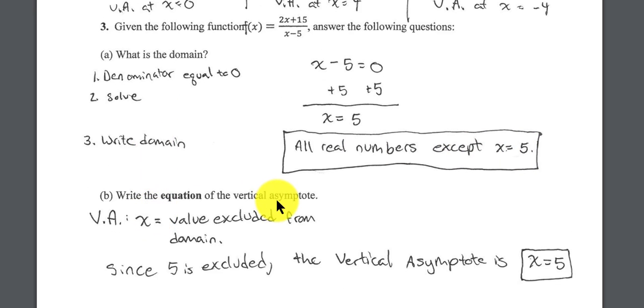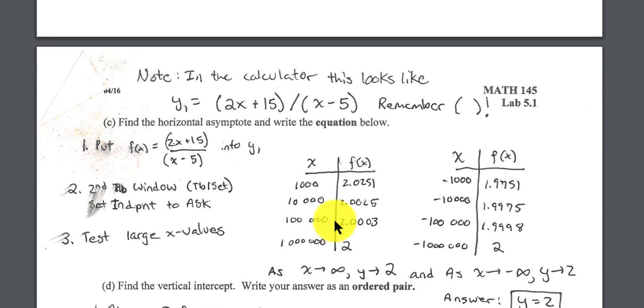The equation for the vertical asymptote is the exception to this domain. So if the domain is all real numbers except x equals 5, the equation of the vertical asymptote is x equals 5. Right? It's your exception to the domain. All right. The next part,